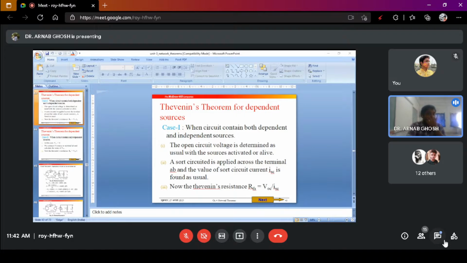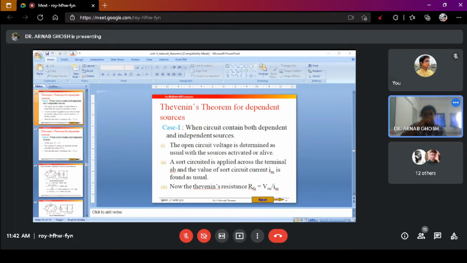Now, for your examination purpose or in your syllabus, you won't have such a question where you have only dependent sources. You focus on the problems involving the independent sources and the problems involving both the dependent as well as the independent sources. This is the first thing that I would suggest. Now I will tell you the steps of how you do it for dependent sources and independent sources. So let's take the first case.